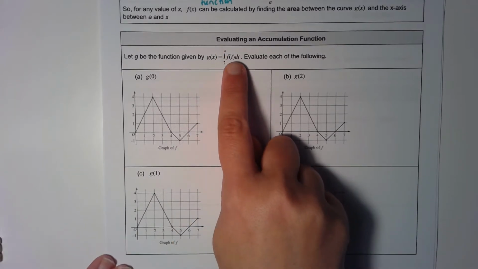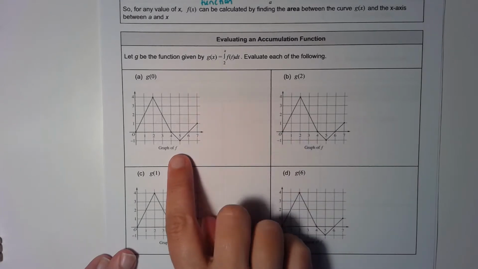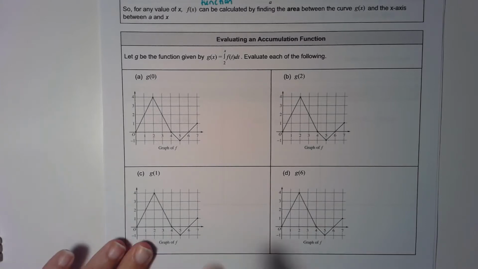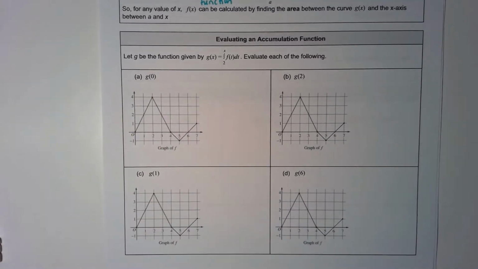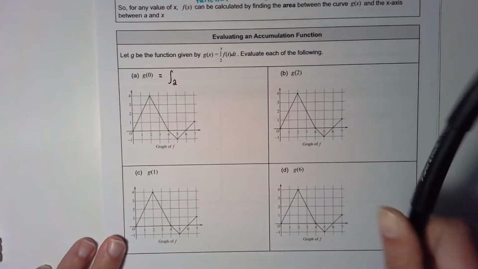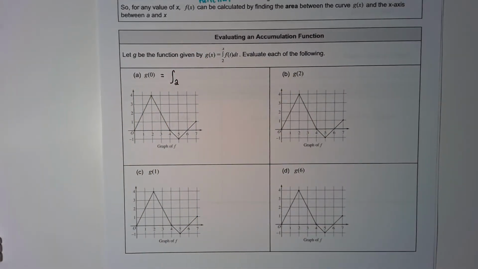So you'll notice f is inside of the integral. We have the graph of f, and we're going to use that to help us find values of g. Evaluate each of the following. For part A, it says find g of 0. Now, the first step here is to remember that anytime I say find g of 0, that just means plug in 0 into the equation. And so in this case, finding g of 0 means finding the integral from 2 to 0